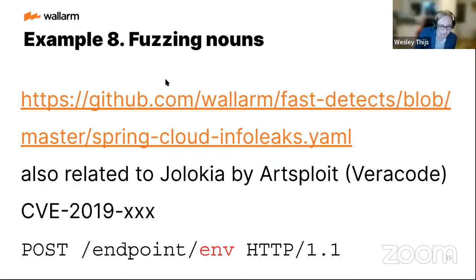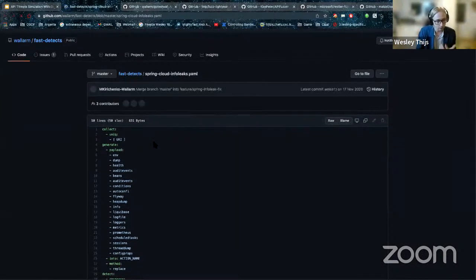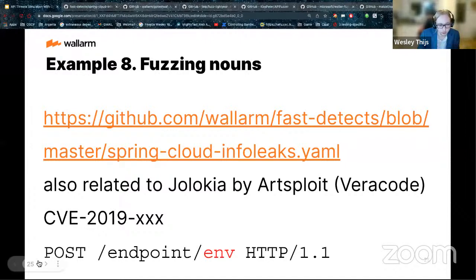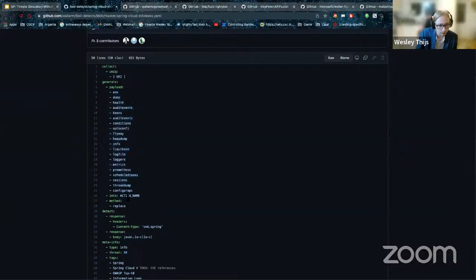Now for these fuzzing nouns, I'm going to open this real quick and show it to you, because this is a template. What it's basically going to do is try to fuzz what comes behind the slash. So if we look at our endpoint right here, POST /endpoint/env, this template is going to try to fuzz all of these different nouns right here in the action name.